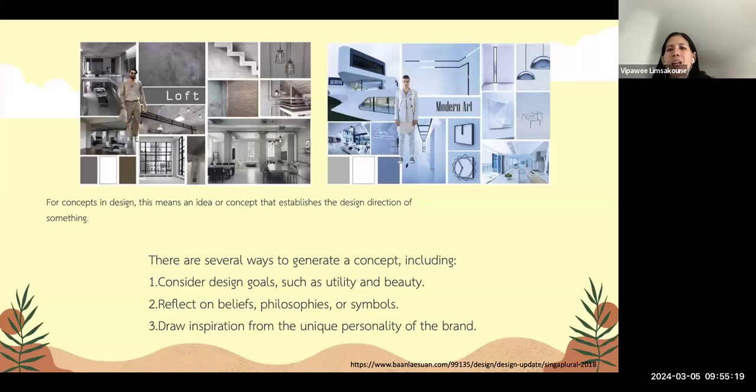Reflect on beliefs, philosophies, or symbols. For example, a house at a junction sometimes needs a fence to prevent problems when someone drives crazily.